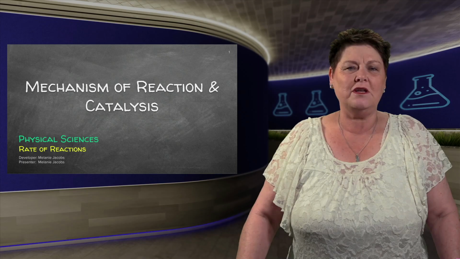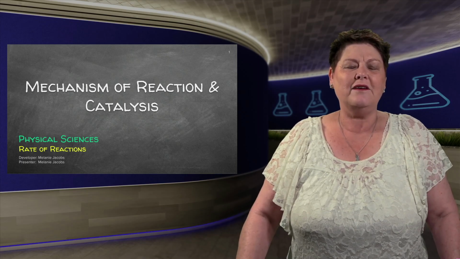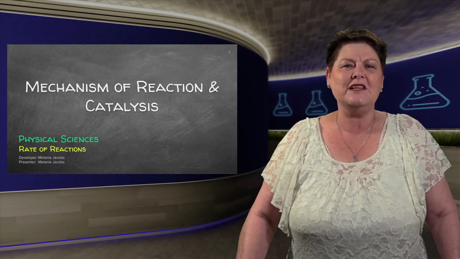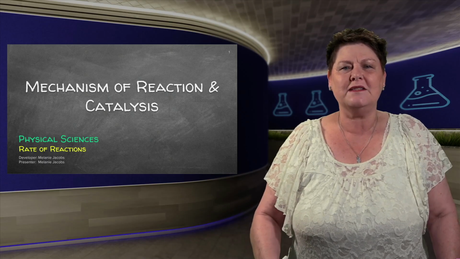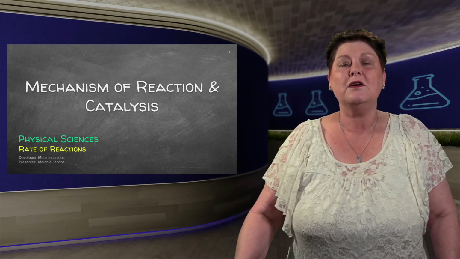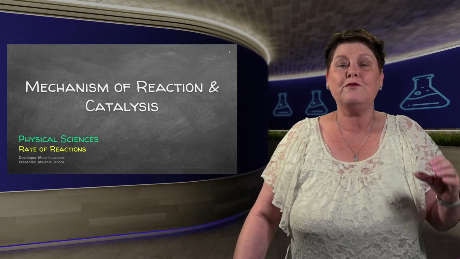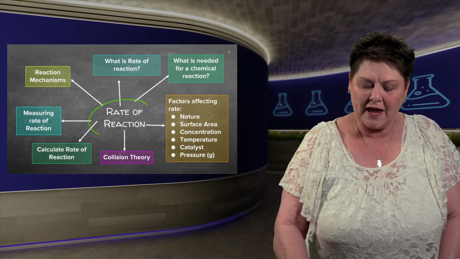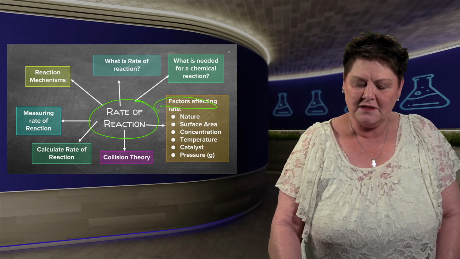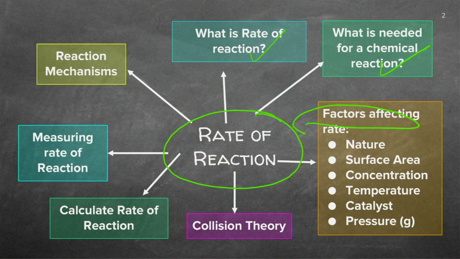We're busy with chemistry and looking at the actual rate of energy transfer in a chemical reaction. Let's have a look at the mechanism that's actually taking place when a chemical reaction is going from a reactant to a product. So we've done the rate of reactions and looked at the factors. We did all the definitions and we said it will not happen if it's not an effective collision. And that also is dependent on the orientation of the atoms and molecules.